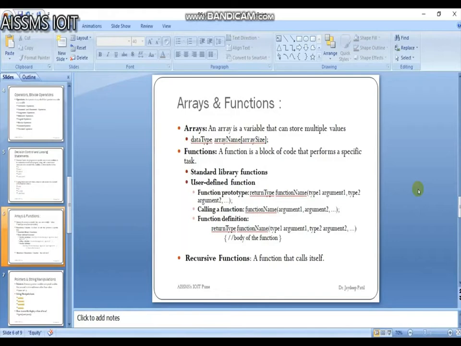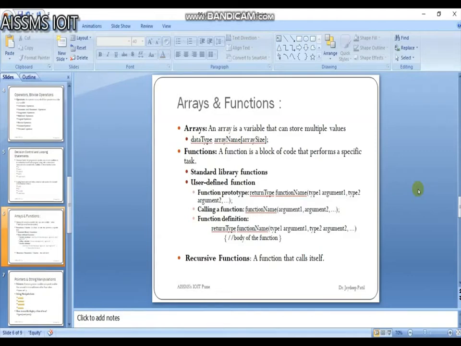So there are two types of functions: standard library functions and user defined functions. Actually, standard library functions are built-in functions in C programming. Okay, these functions are defined in the header files. For example, printf. The printf is a standard library function to send formatted output to the screen, and this function is defined in the stdio.h header file.